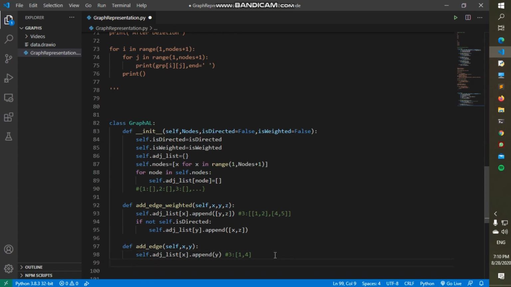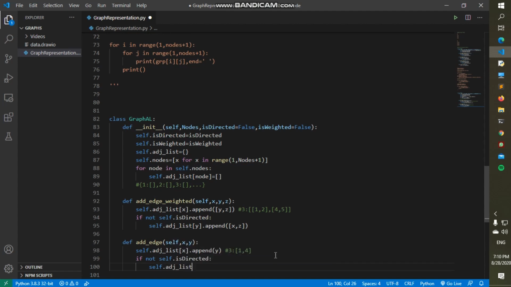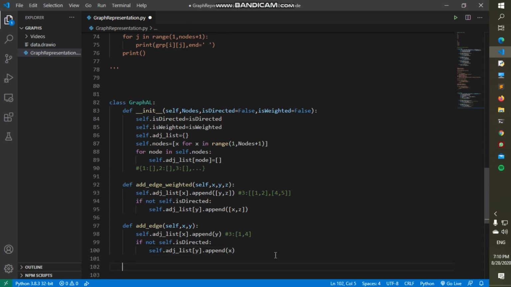Okay, so that's that. Once again we will check if it's a non-directed graph, then self dot is directed. If it's not, then we will do this once again. So for y we will append x, right? Okay, so this is done. And then we will make another function for deleting the edge. So for delete edge, self comma x comma y,